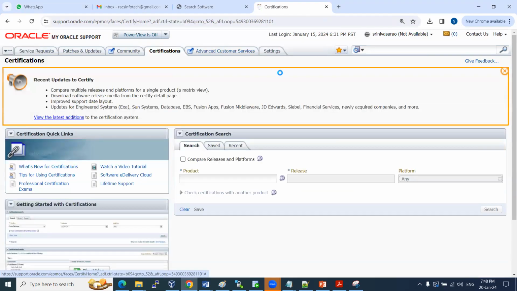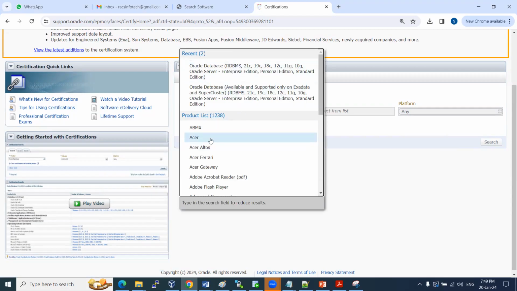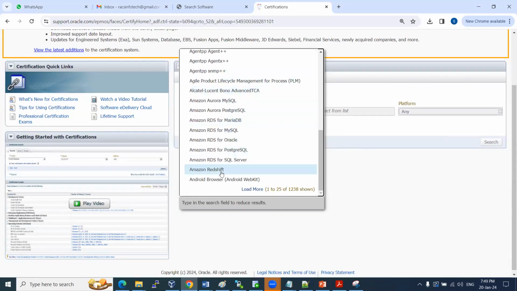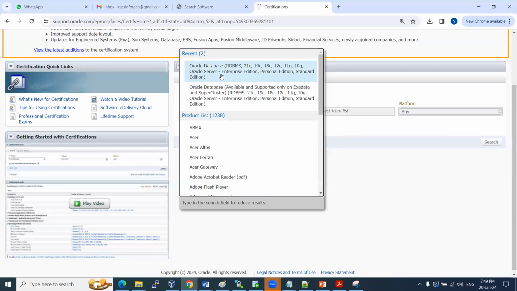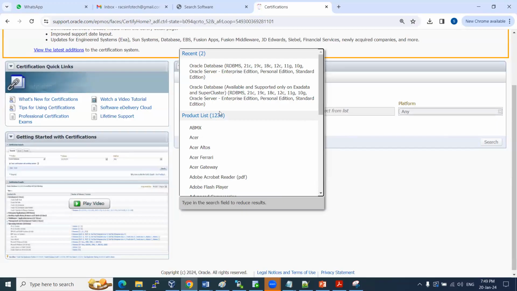Not only Oracle database. If you are going to install any other software also, for each and every software we need to check the matrix, whether the version is supported, the operating system is feasible, and applications are supported. Those we need to look into. Here what we need to check, we need to give Oracle database versions, any one of them, or else see here, so many applications are there. Okay, Amazon applications, MySQL on Amazon cloud, everything, but we are going to select Oracle database 19c. I'll write it. Okay, Oracle